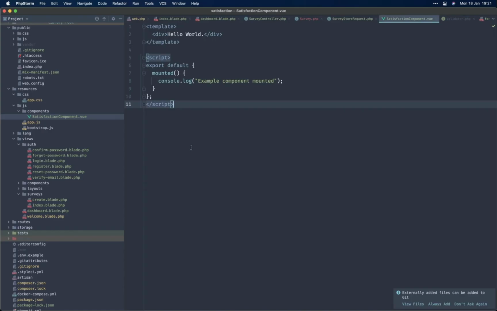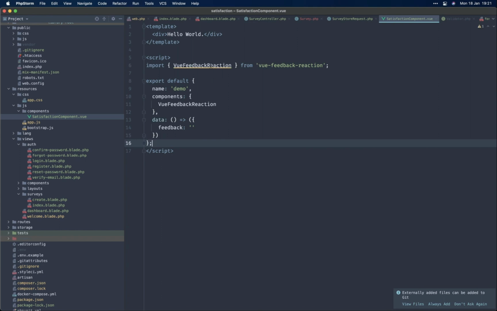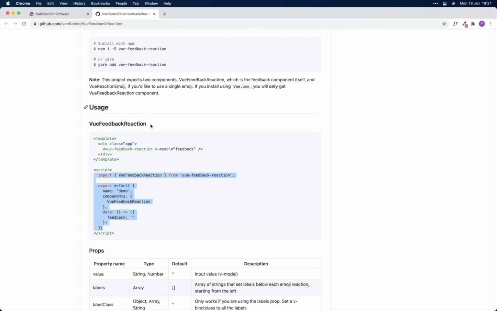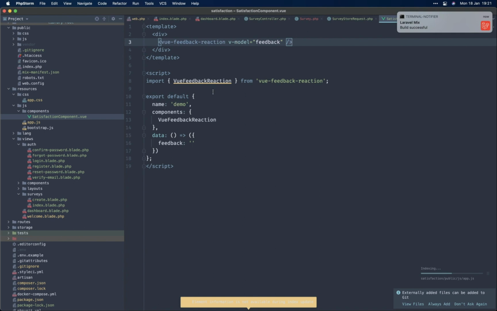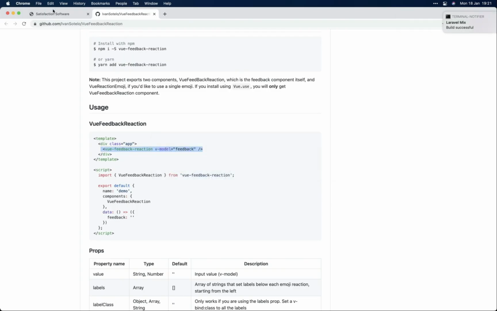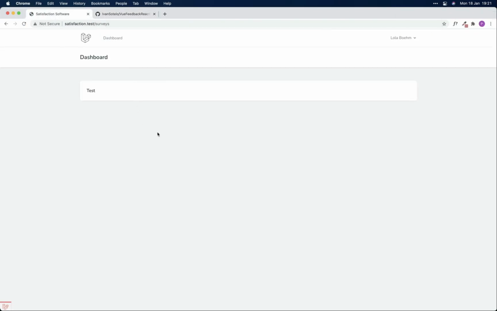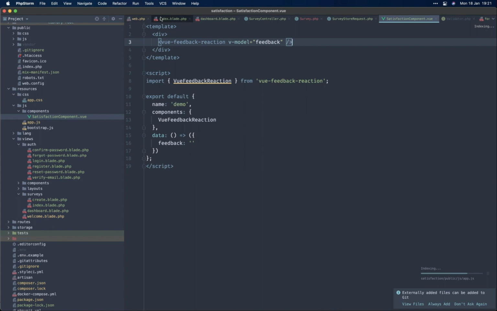Seems to be pretty straightforward, so let's use it here. And add the component usage here. And in theory, when we add this to our view,